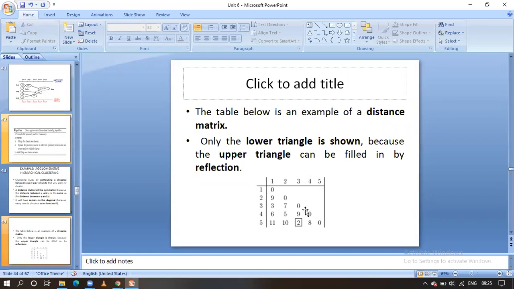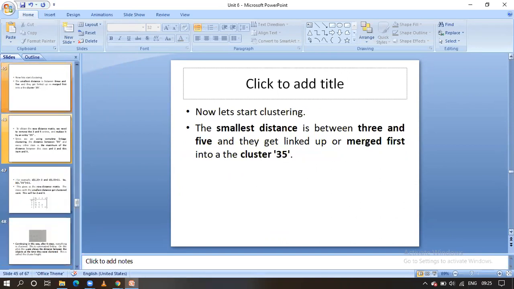Here observe, guys, what is the least one? 2 is the least one, meaning that is the distance between 3 and 5. We are going to merge these 3 and 5 to form one cluster. In the updated proximity matrix or distance matrix, there is no separate 3 and no separate 5. We have only the merged one, the new one. Let us update this in the next matrix. This is the explanation: we have combined 3 and 5 and formed one cluster, that is 35.